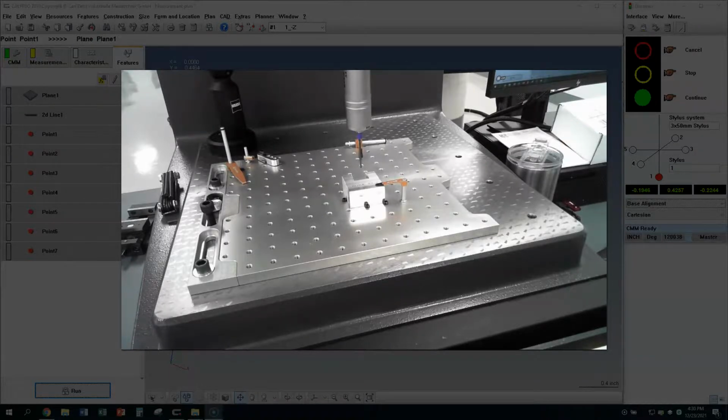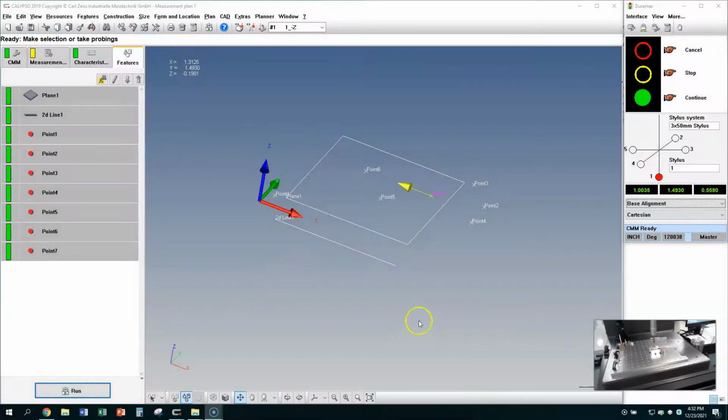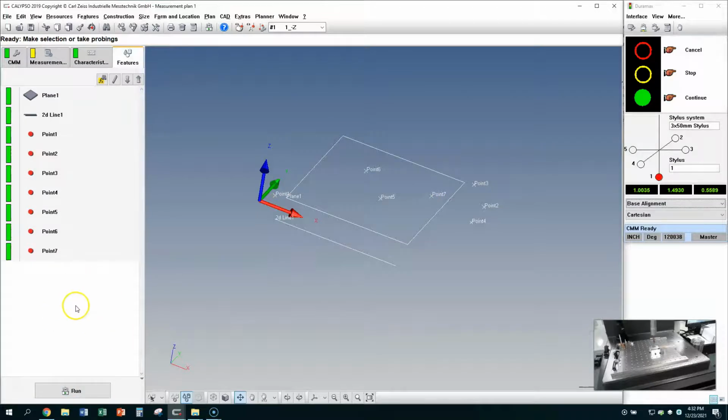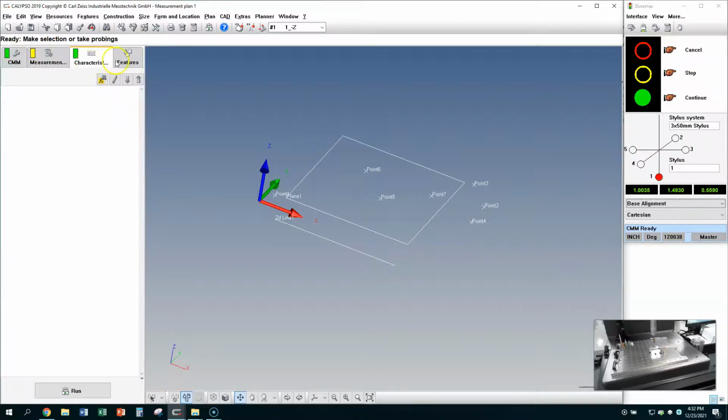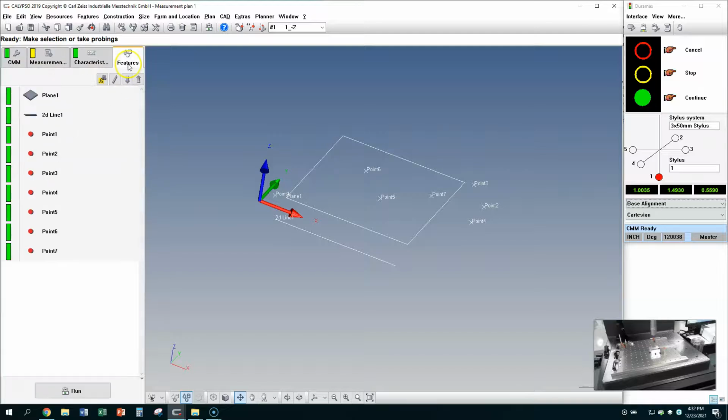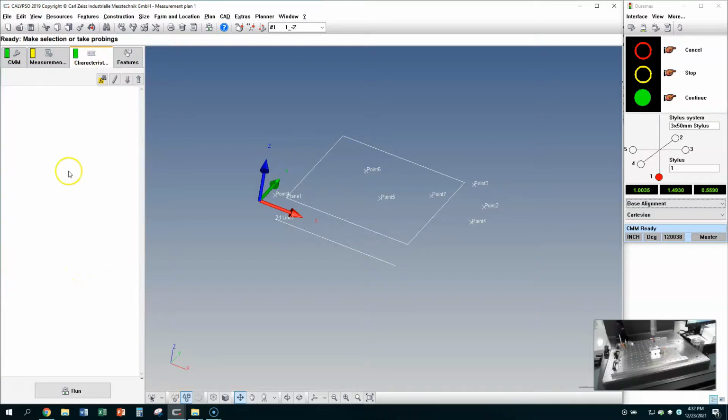So it looks like that entire program ran with no problems. That's great. So now I'll segment the video here, and we'll talk about fixing our clearance planes next, and then we'll talk about how to build some characteristics. The important thing is, we started with the CMM tab, and the measurement tab, we jumped over to features, we built out all our features, and then we ran them to make sure that they run correctly before we do the characteristics. That allows us optimum use of the machine in terms of lab